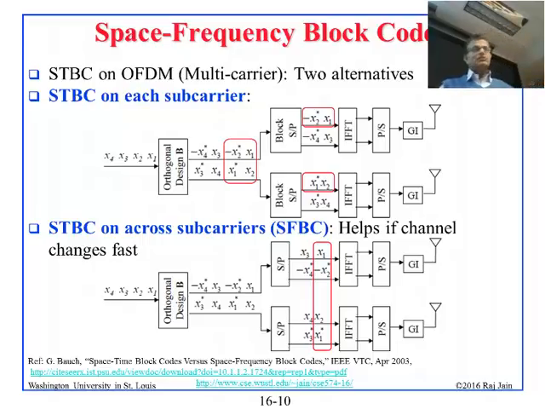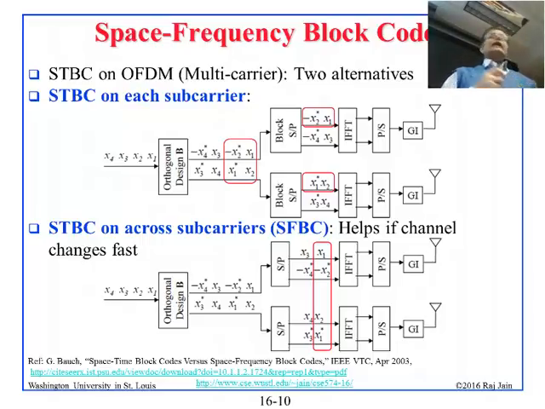All right. So same thing, instead of doing it on the time, you can do it on the frequency. So here's the thing. We want to send 4 symbols, X1, X2, X3, X4. And now we can send them in this manner. We have X1, X2, X3, X4 and their stars, which means complex conjugate, and we can send two of them on one frequency, the other two on the second frequency, the other two on a third frequency, and another on a fourth frequency. So we are sending 8 symbols on 4 frequencies,